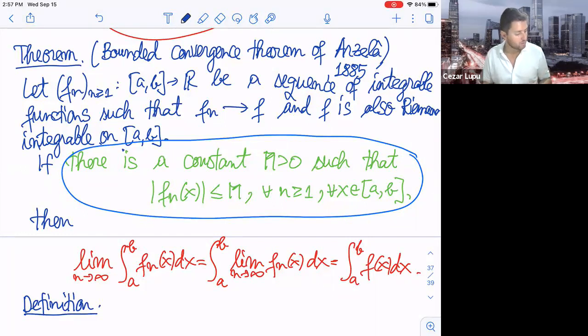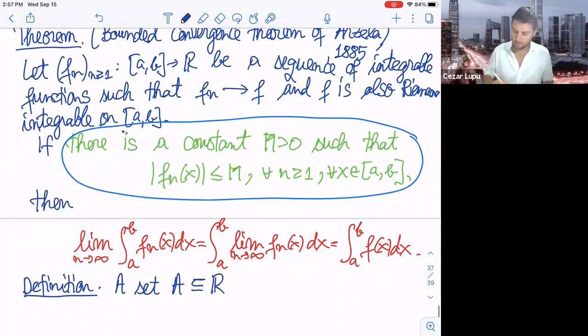Like I said, I don't want to go too much into measure theory, so I want to mimic this by just sticking to the Riemann integral. So let's say a set A, a subset of R, is called negligible